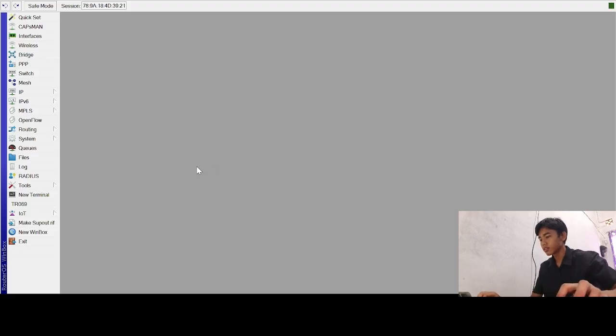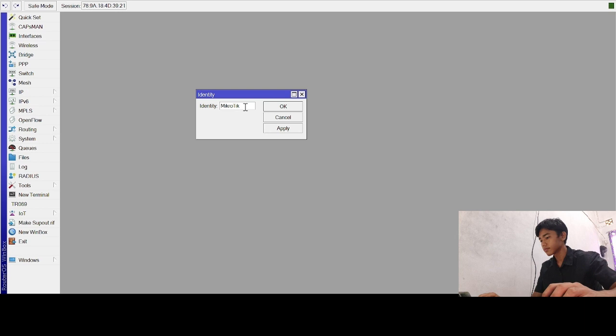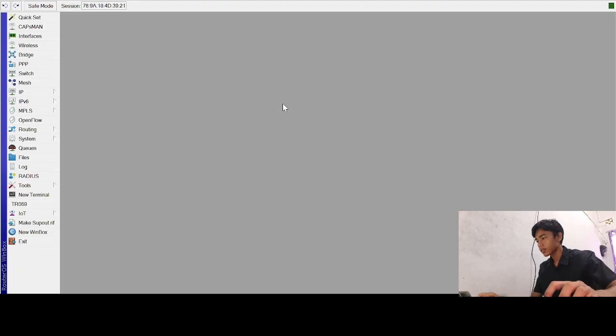Now we are inside the router, and we can start to change the router name. Change the name to Belajar IDN. Apply. Okay. And next, I will connect the MikroTik router to the internet.